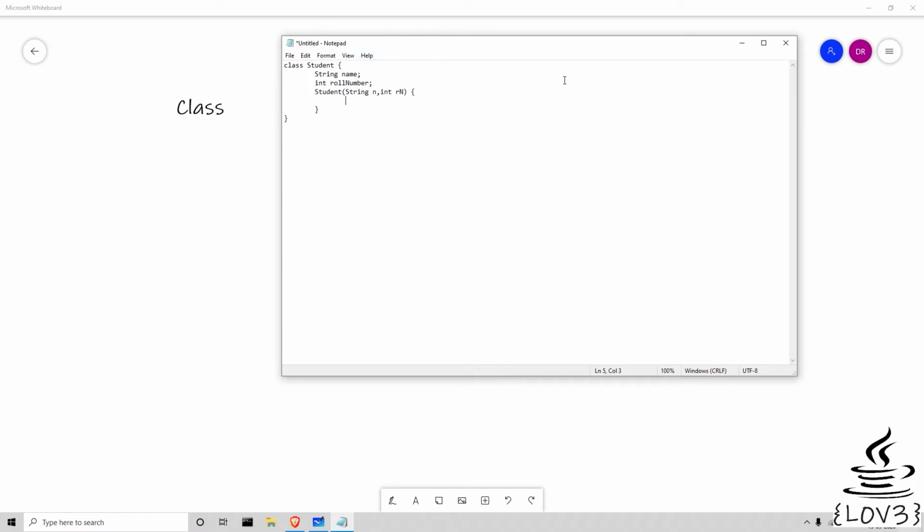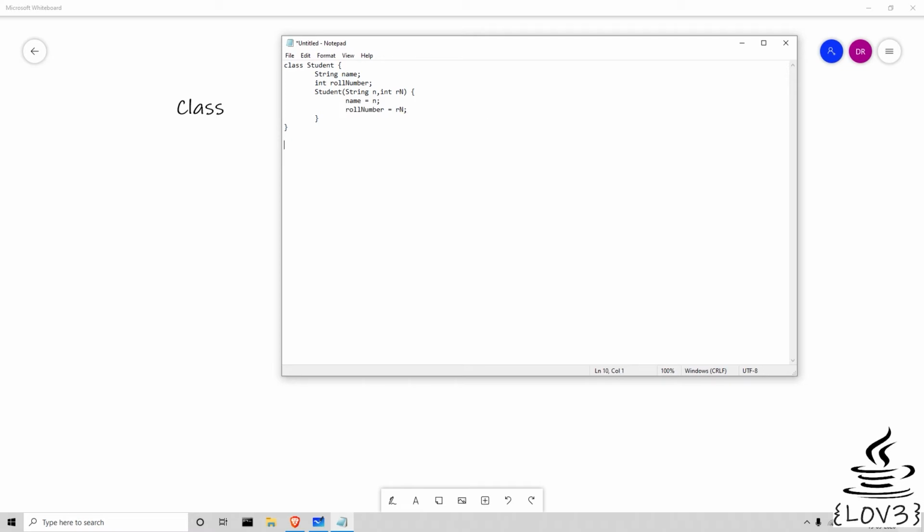But usually, when you don't define this, it thinks of it as a default constructor. So whenever you say a student, you have the string n and string rn. And name is a global variable. Any function inside the class can use it. Even this constructor is a special function. That's the difference. So that is a constructor that you have defined here.